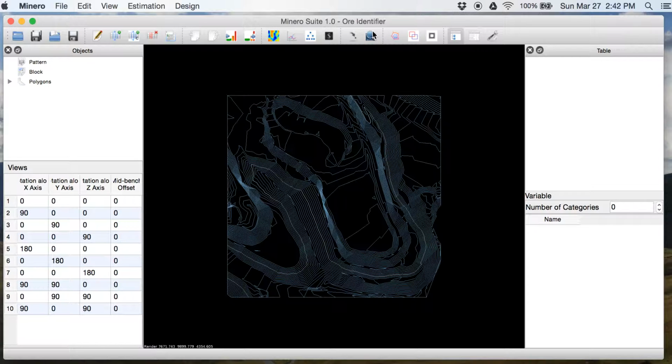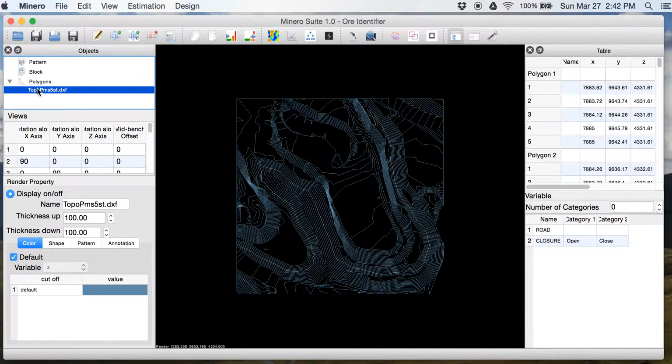We can rename the object name in render property, Topo M, for instance.